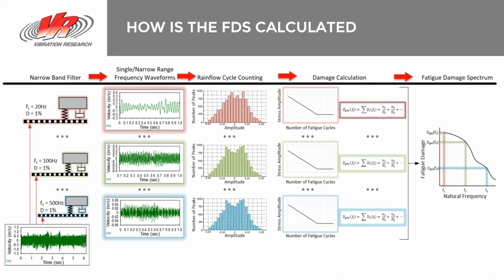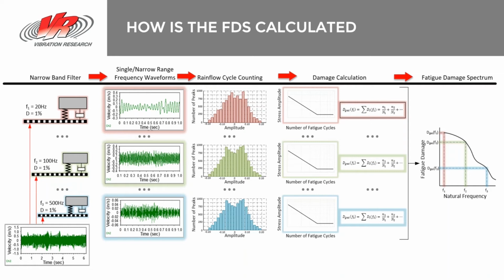And when I pass a waveform through that, the output of that theoretical oscillator is all of my 20 Hertz content for that entire waveform. And I repeat this process at defined frequency intervals so that I end up with a series of single frequency or very narrow frequency waveforms that I need to analyze individually to calculate the amount of damage that is done